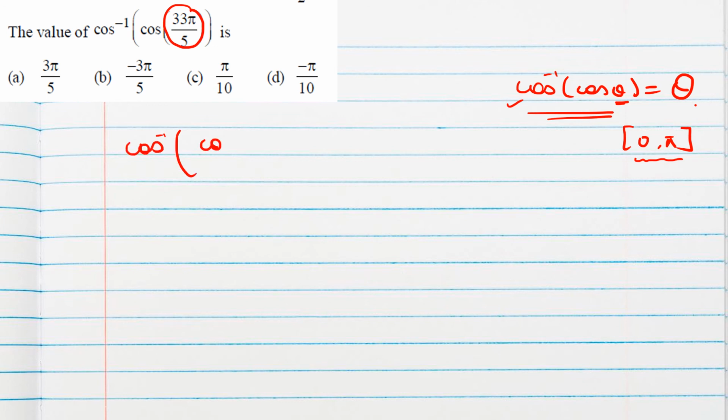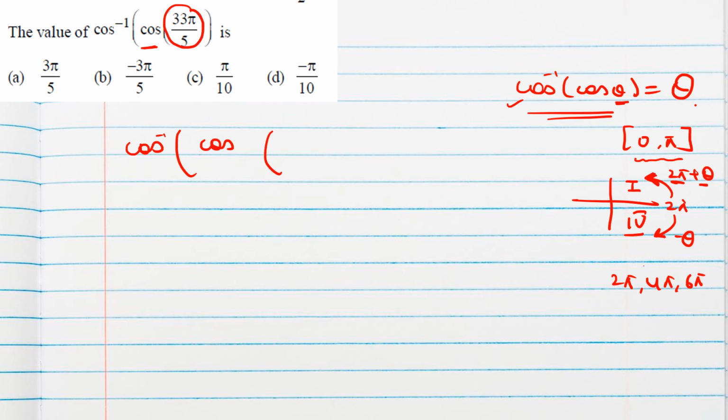So since cos is positive, either you write in terms of 2 pi minus theta or 2 pi plus theta. Because in the first quadrant and fourth quadrant we have cos positive. So we will write in terms of 2 pi plus theta because 5 is there. 5 2s are 10, so that way we can write 2 pi plus theta. Now here 2 pi or 4 pi or 6 pi you do, it will come in the first quadrant only. So 5 6s are 30, we will select 6 pi.